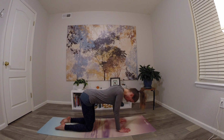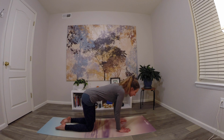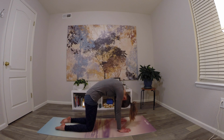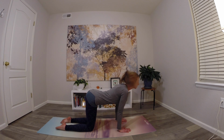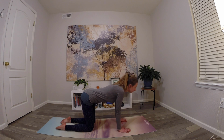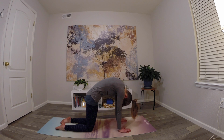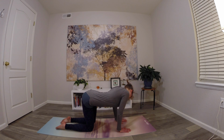Now do cat-cow pose another couple of times in your own pace. Taking deep inhales and exhales and making sure to really dome through your upper back when you do cat. I also encourage you to find some interesting movement in this pose, anything that makes you feel good, like rotating from side to side, shifting your hips back and forward,